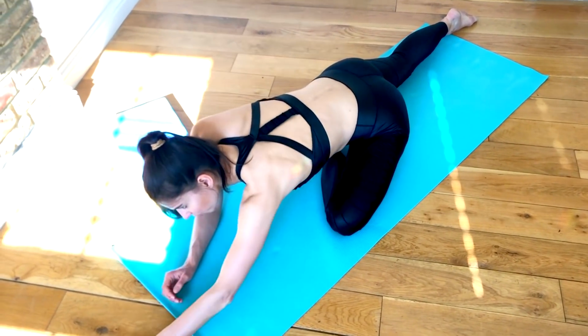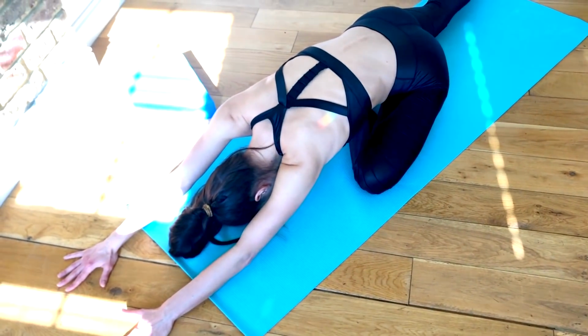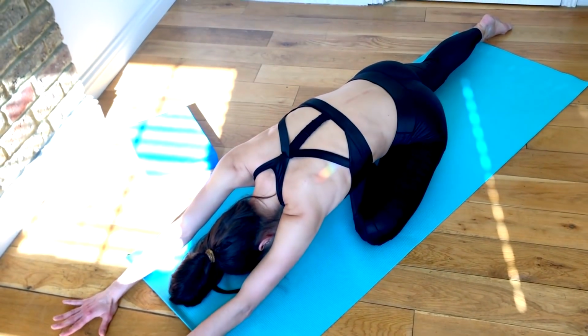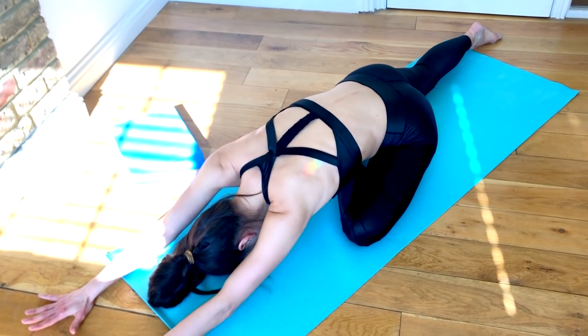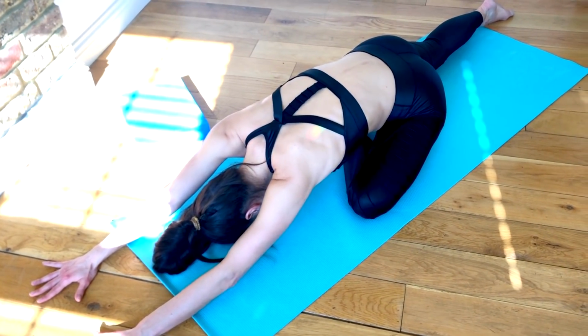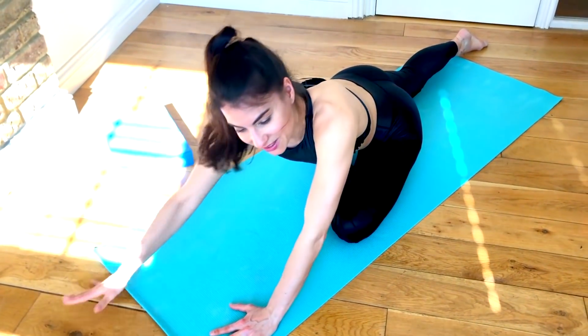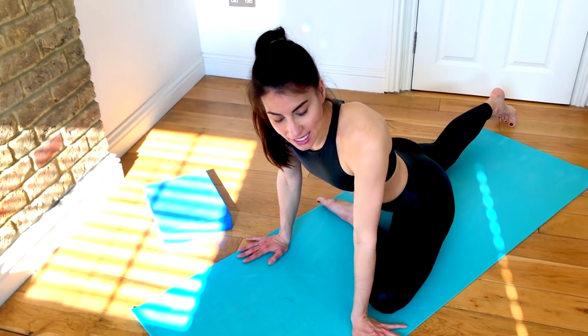Love the little glute stretch. You can walk those hands forward as well. So these are our first 4 stretches. And then walk your hands back in. So now going into our 5th stretch, we're gonna try to open up through the hips and release into the